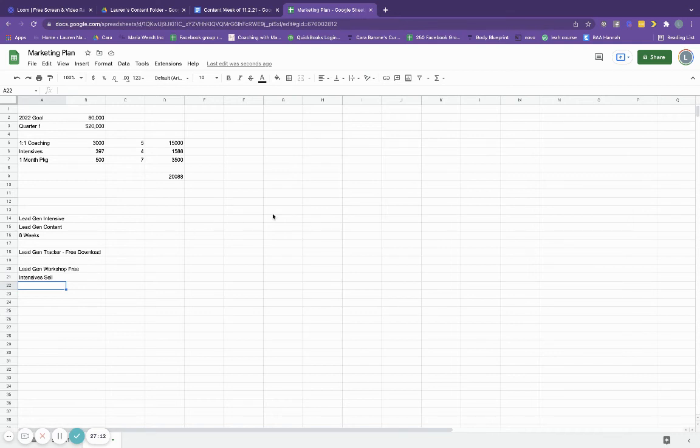So I'm going to come over here and I'm going to say, our goal over here. Day one, I'm going to start doing lead gen content and promote the lead gen tracker. I do this actually for 2 weeks. I'll start building, especially if it's a brand new freebie that I have, I will promote this for 2 weeks. After 2 weeks, so we'll say day 14,